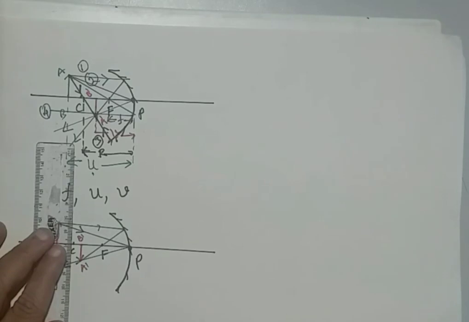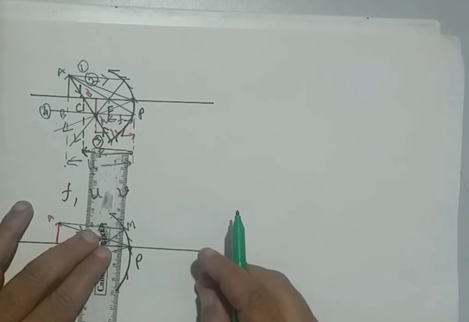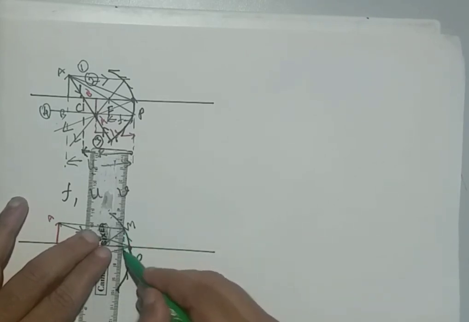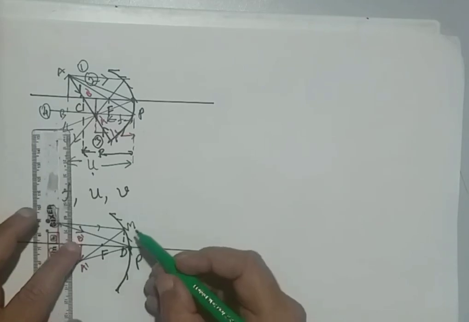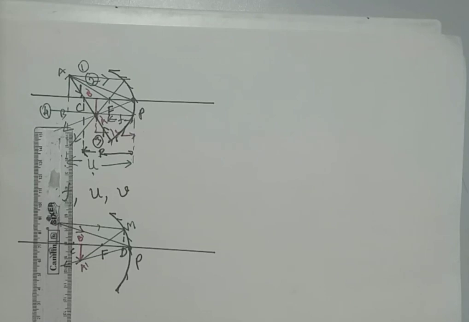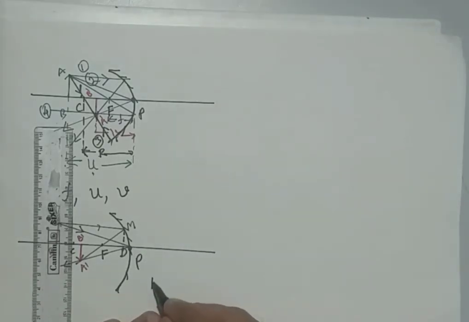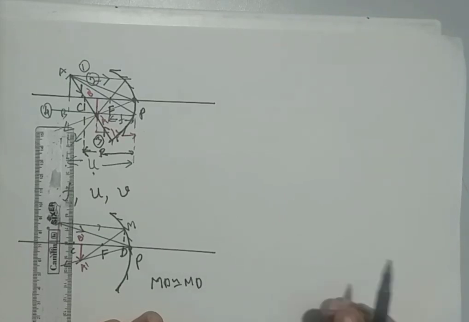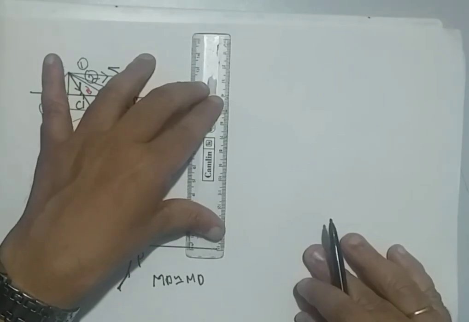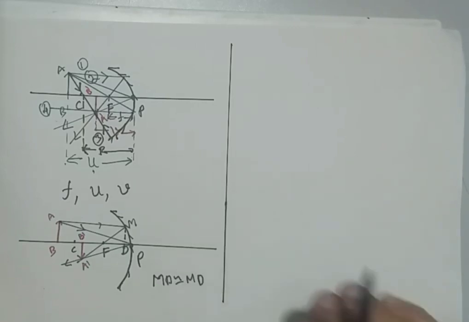And also we mark this point on the mirror where the parallel beam is incident as M, and I draw a perpendicular there. That perpendicular foot touching the principal axis is called D. For all paraxial rays, MD is approximately MP. Now, we start deriving the equation, what we call the mirror equation. It's very easy to derive.